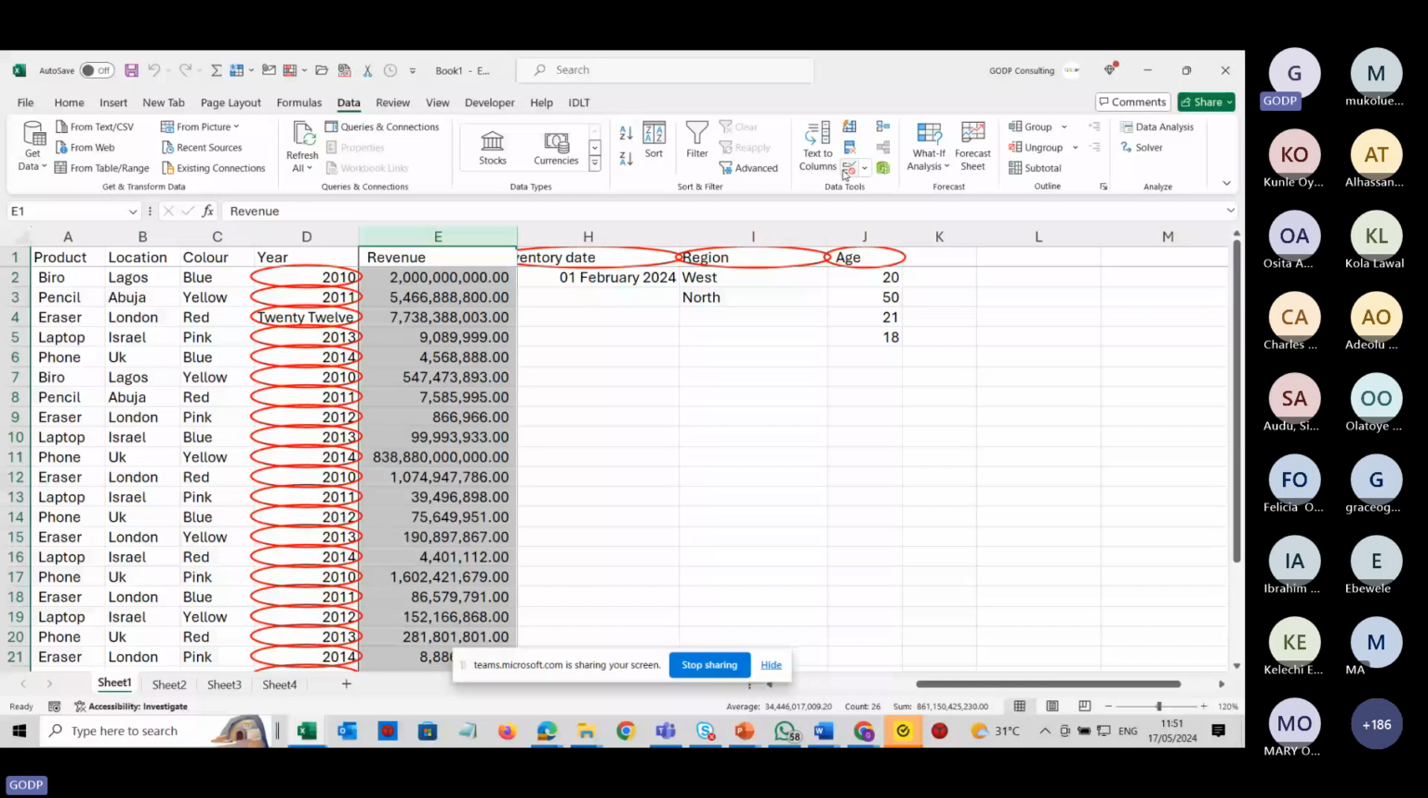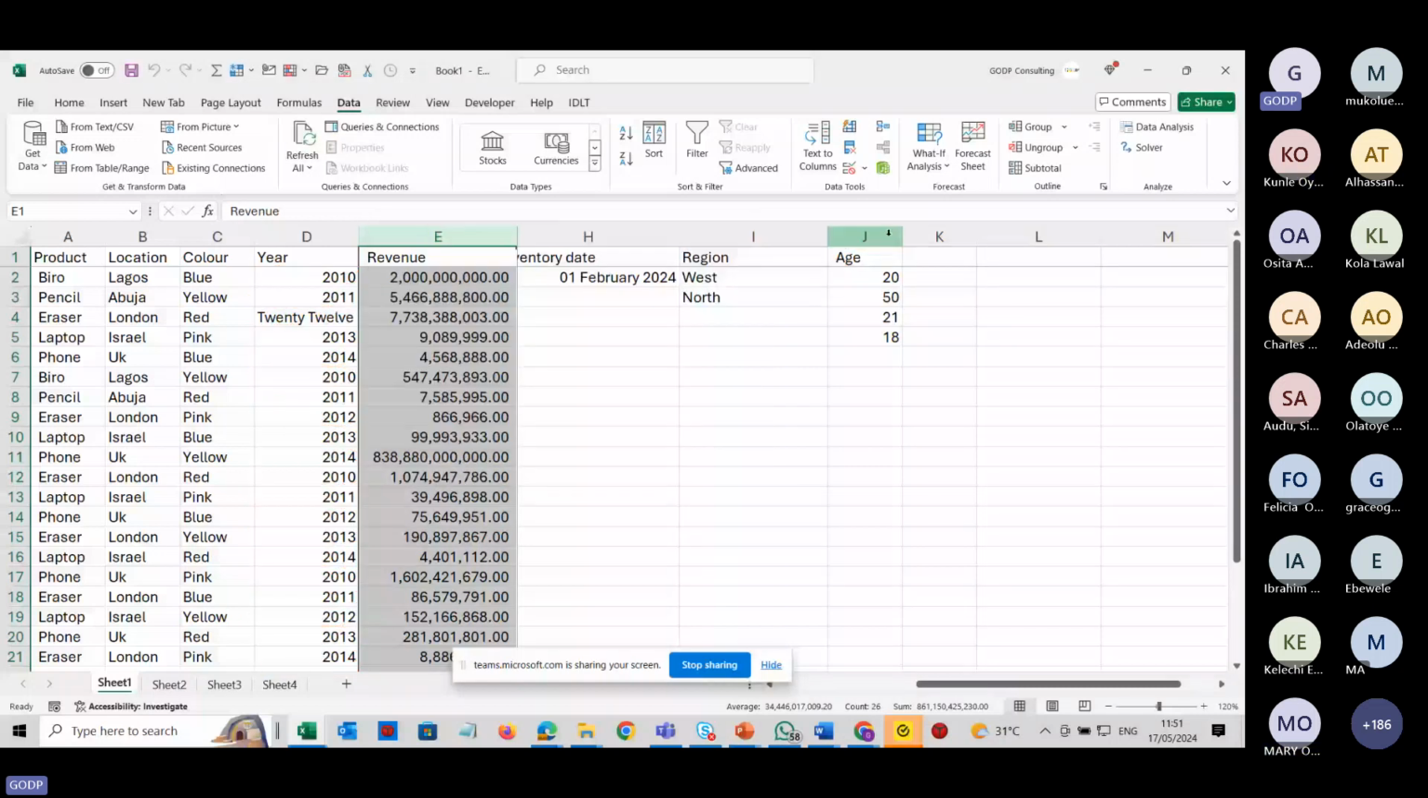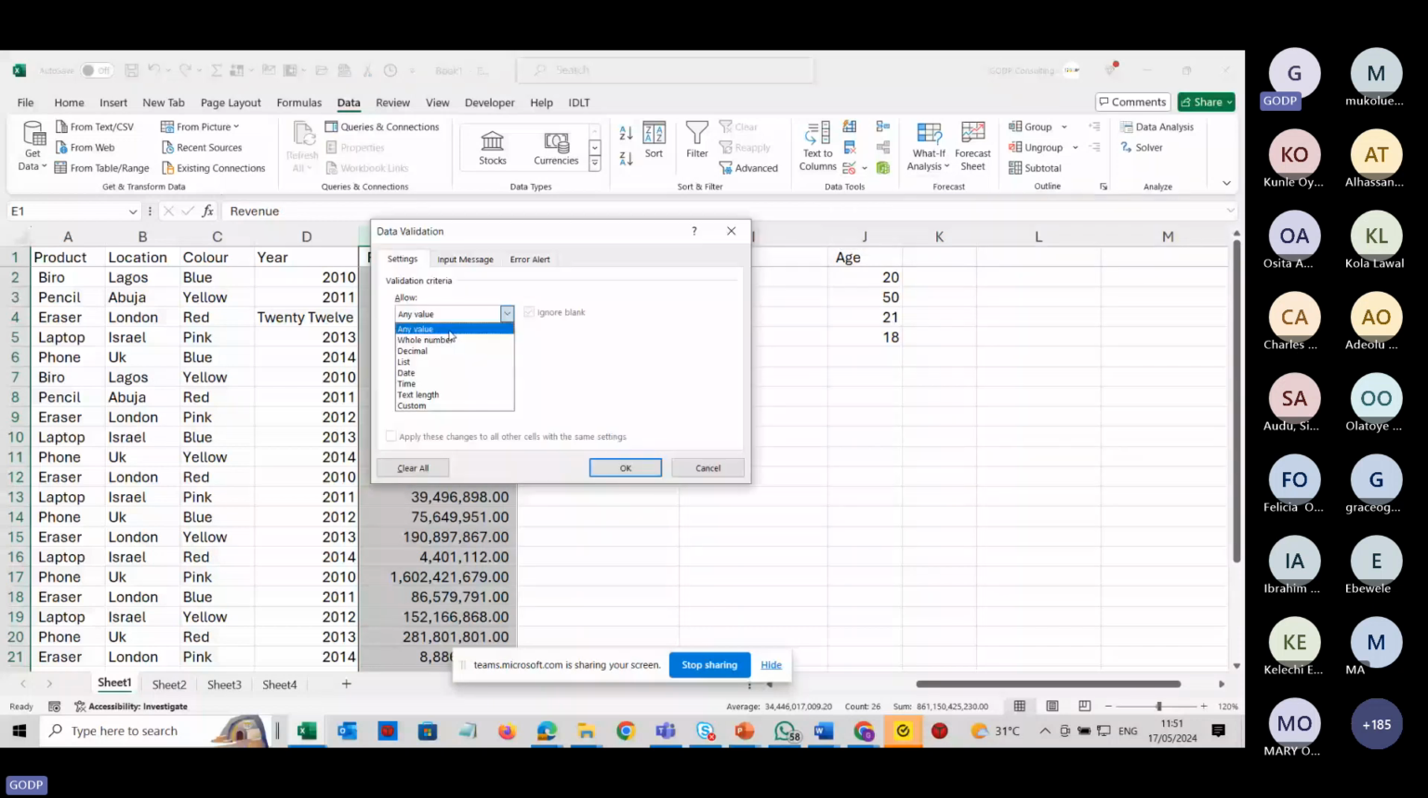And whenever you circle invalid data, it will do that for everything on the sheet, not just what you highlighted. Let me clear data validation. I'm going to say this particular case should only accept numbers, not any value. Any value will accept everything. So let me say it will only accept